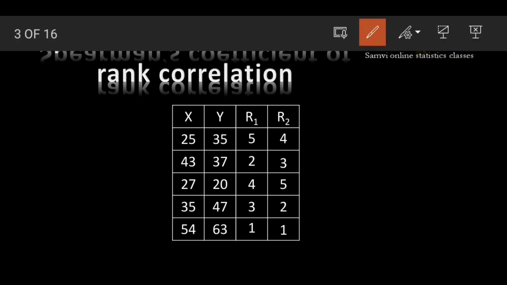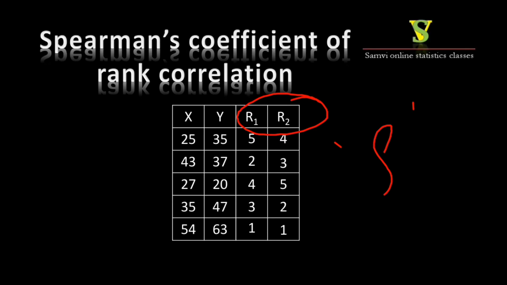So the correlation between these two ranks is known as rank correlation. And the coefficient of correlation calculated for these ranks is known as Spearman's coefficient of rank correlation. It is indicated by rho. Next, the formula for Spearman's coefficient of correlation is